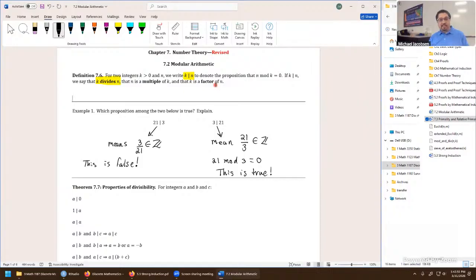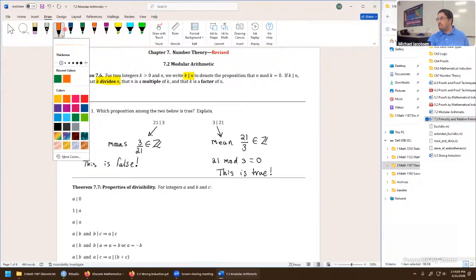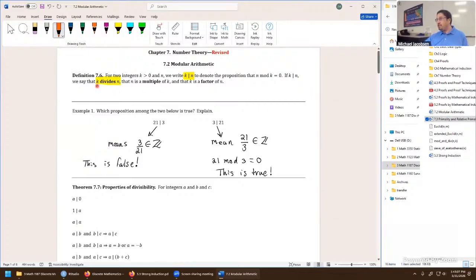Yeah, pretty much. Absolutely. These are really saying the same sort of thing. When we're saying n is a multiple of k or k is a factor of n, it's pretty much the same thing, just said in a different way. And let's write something down to go along with that. If we say k divides n, this is really just saying, oh, got that backwards again. This just means k dividing into n is in the set z. But then what would that mean? That just means that there exists